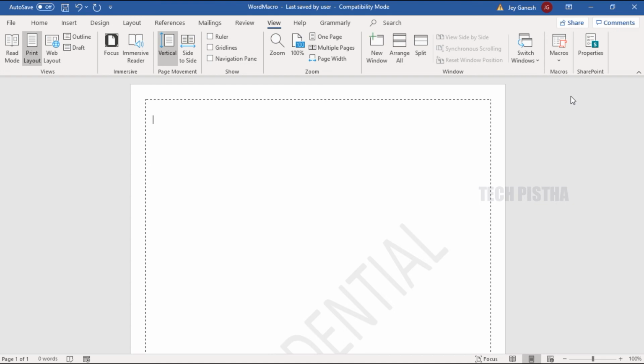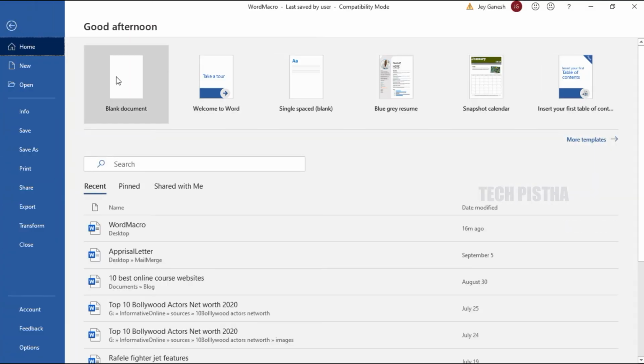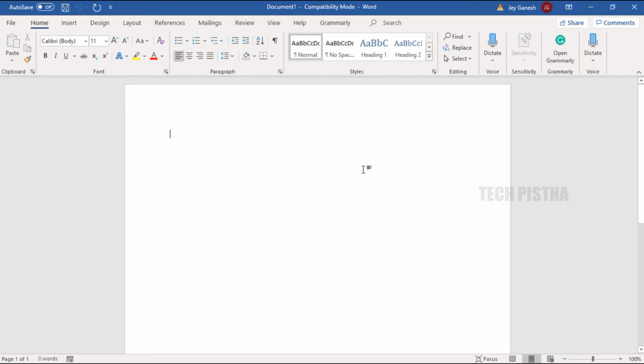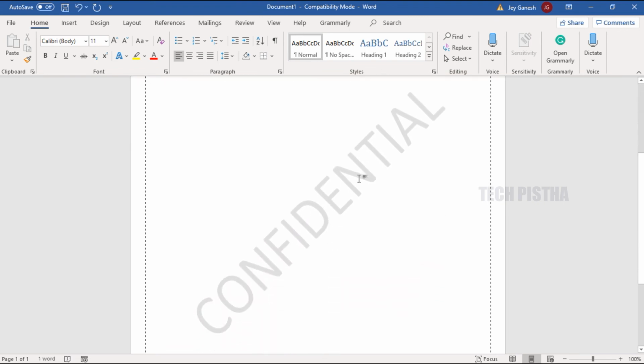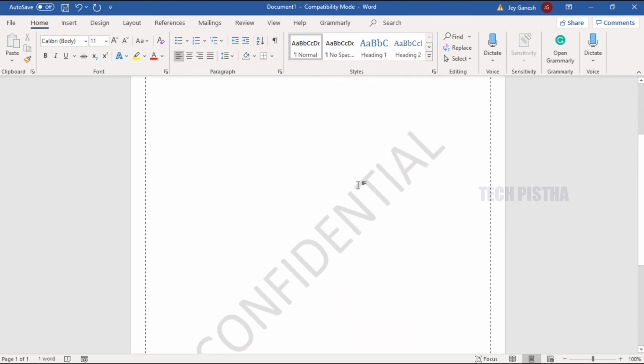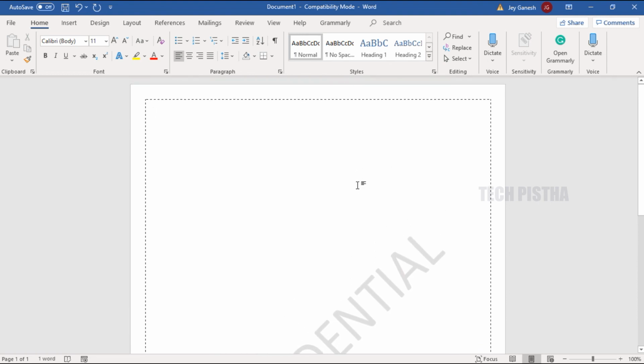You can use this feature in the future. You have to create a new document. I'm going to show you how you can use this shortcut key. So go to File, click on Blank Document. In this new document, I have to add the page setup by clicking the Alt N key. If you click the Alt N key, it will be added. See, page border, watermark and page size, everything has been changed here. This will really minimize your regular process when you are going to set up a new document.